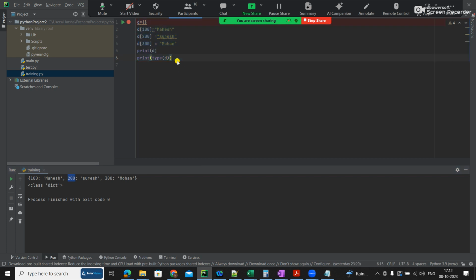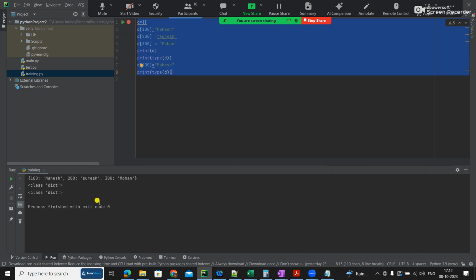If I want the same name Mahesh with 400, d of 400 with the same name, it's possible. Let me do this and run it and print d.